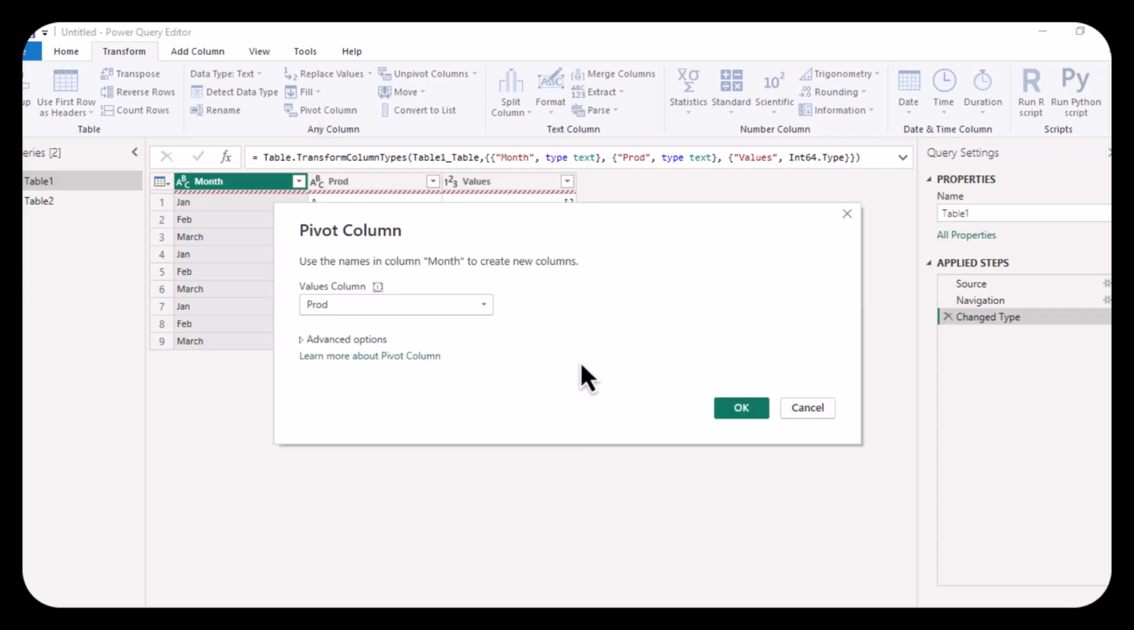Now you have to select the column you want to create columns from. For example, I want columns for January, February and March, which are my months. So I select the month column. Now, next you want to specify what do you want to see in the values. In this case, I select my values column